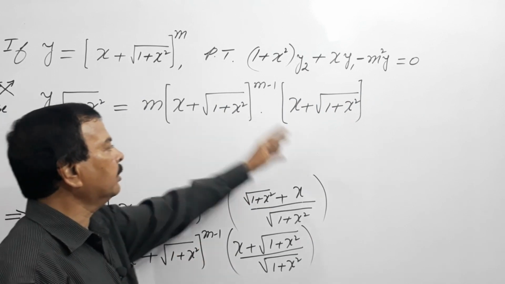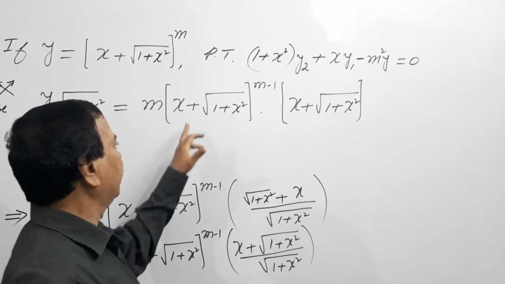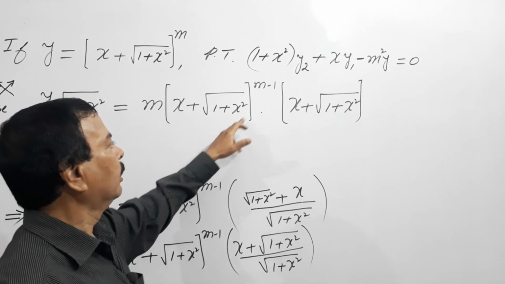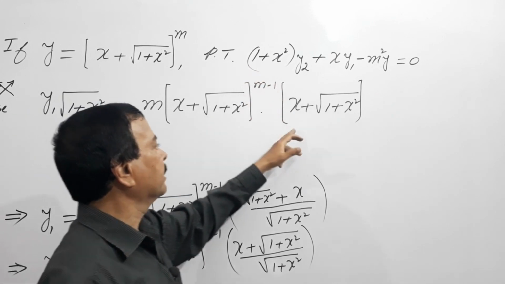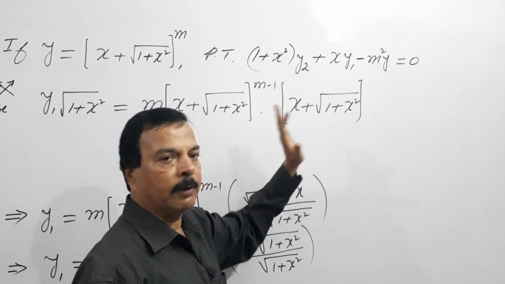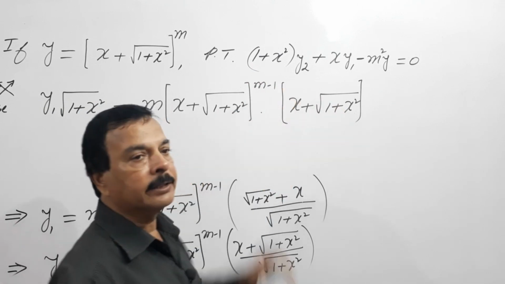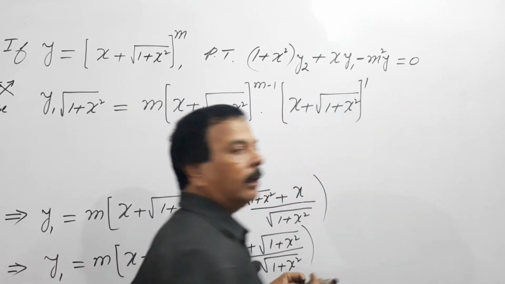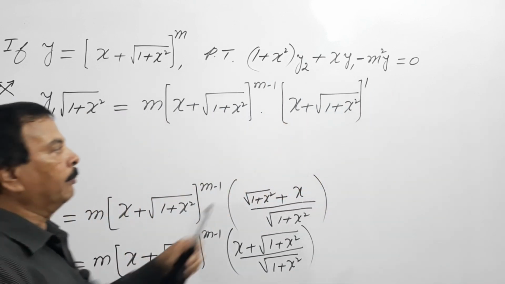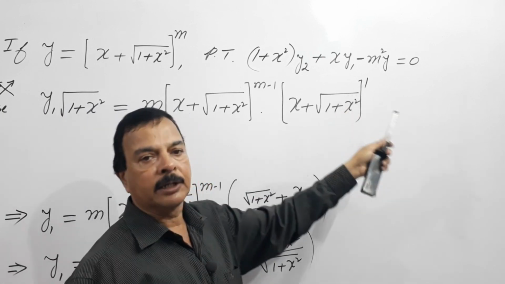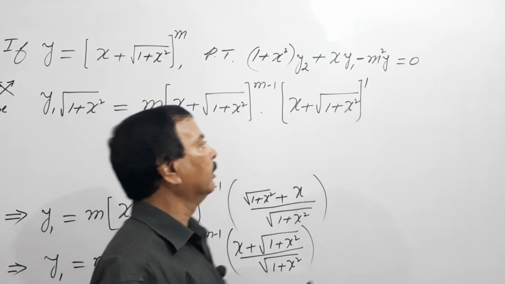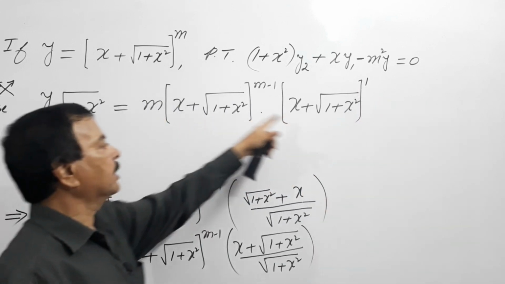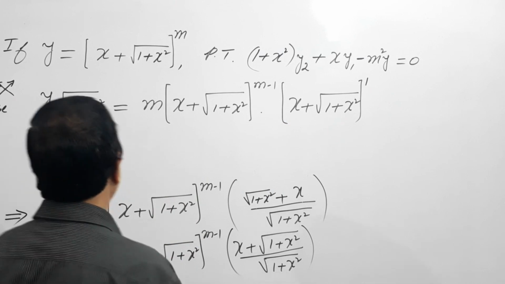So now if you observe this, what similarity do we find? We have x plus under root 1 plus x square to the power m minus 1. What about the base? x plus under the root 1 plus x square. So bases are same, add the indices. Here indices what? I can write this as to the power 1. Since it is 1, it remains the same thing. So here, the bases are same, add the indices. Note,